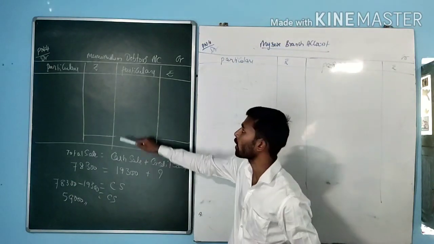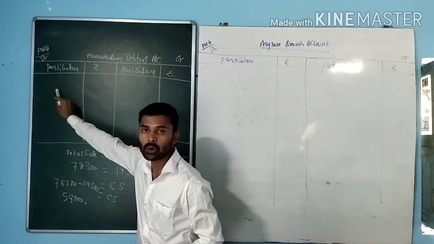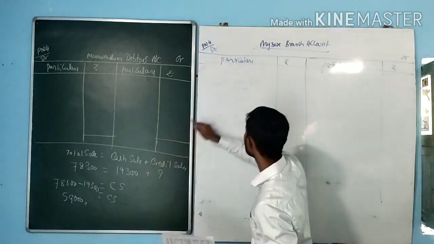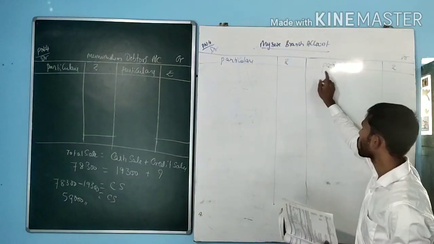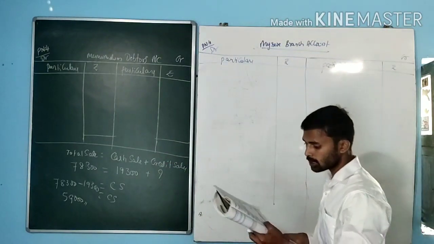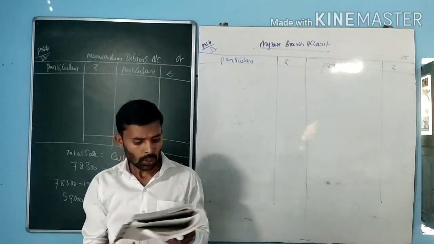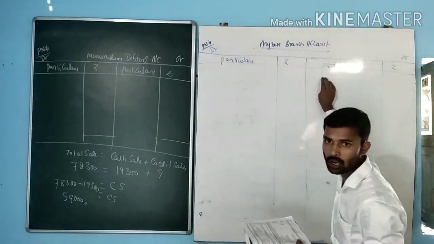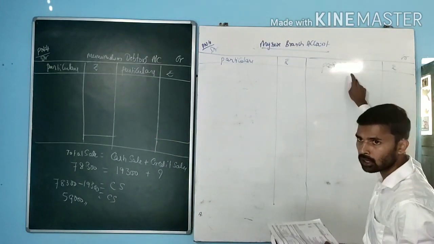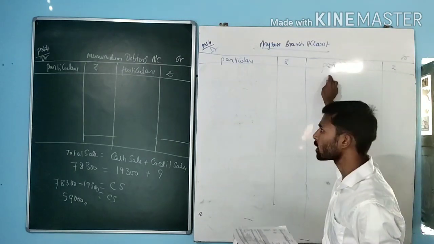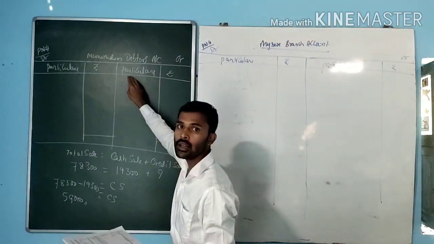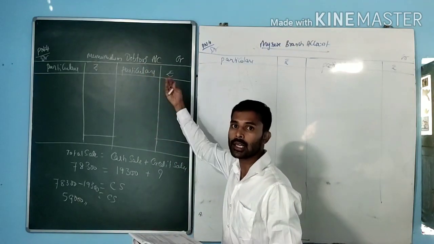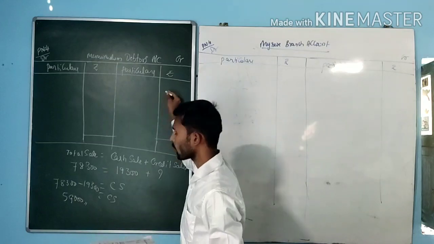This credit sales will be recorded in memorandum debtors account on the debit side, and cash sales will be recorded under the Mysore branch account by bank account, cash sales. Now, cash received from debtors. Cash received from debtors is an income for the head office, right, under the credit side by bank account along with the cash sales, and the same under debtors account by cash account. When the cash is received from the debtors, the debtor balance is decreasing by cash account.